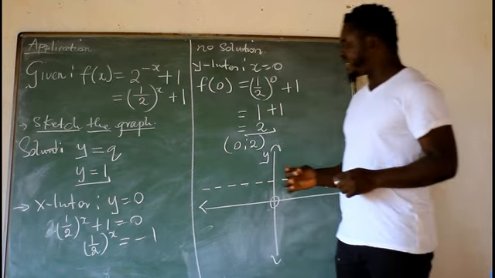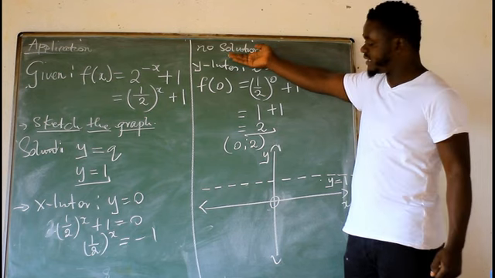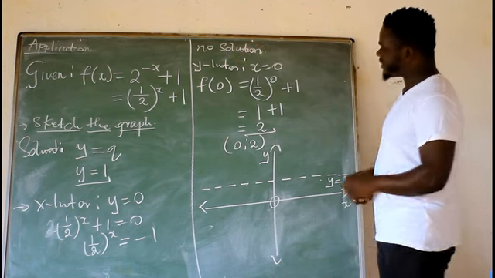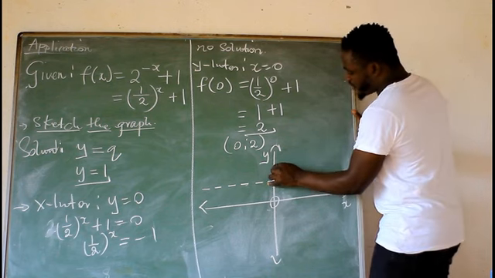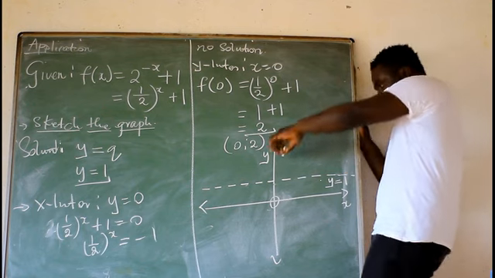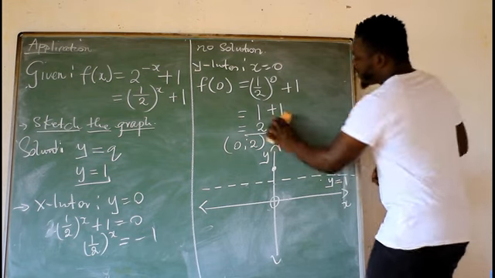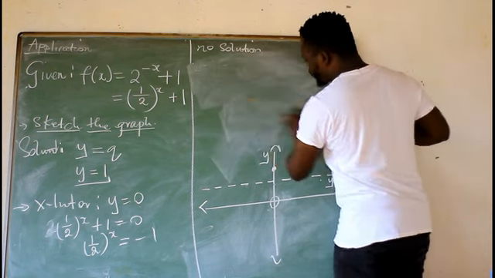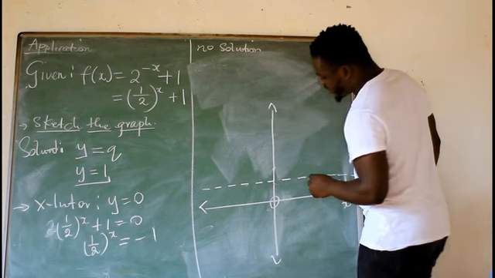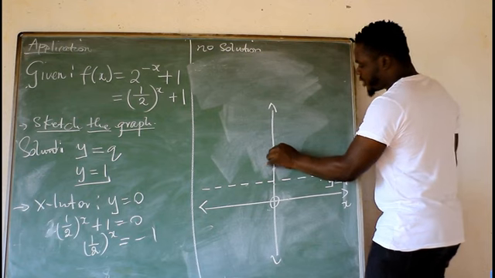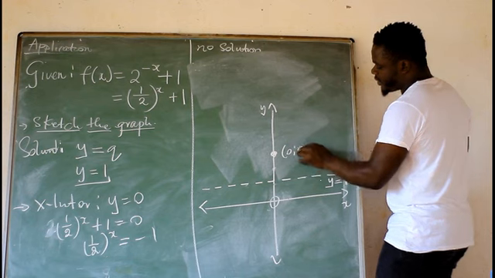And what about the x-intercept? There's no solution for the x-intercept. Then you go to the y-intercept, which is (0, 2). Because this line is y, the 2 is on top of that line. Let me increase this line so that you can see it properly. This is 1. Then you have 2. Therefore, it's going to be (0, 2).